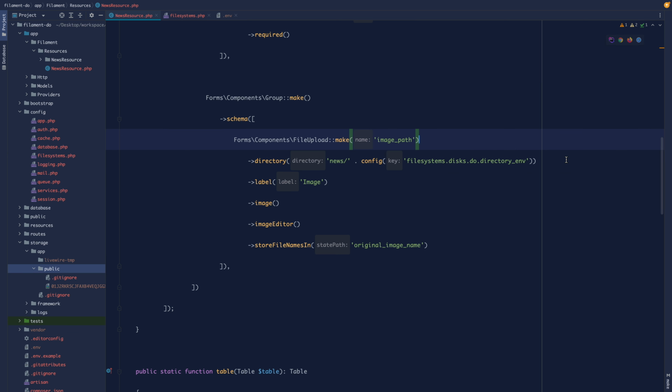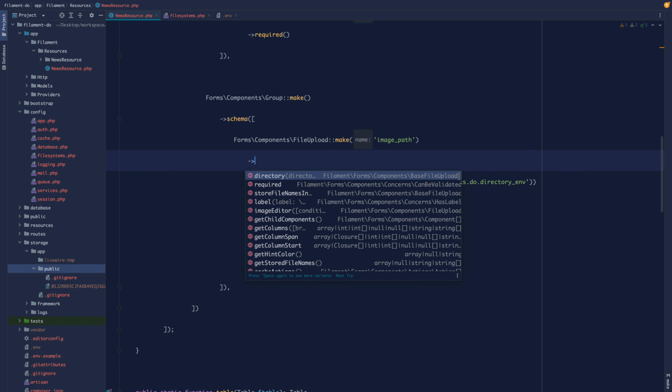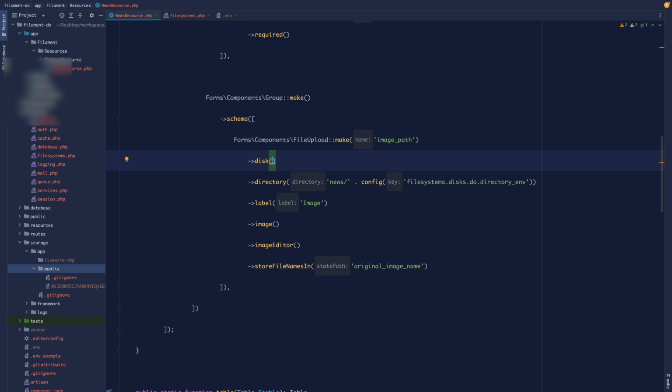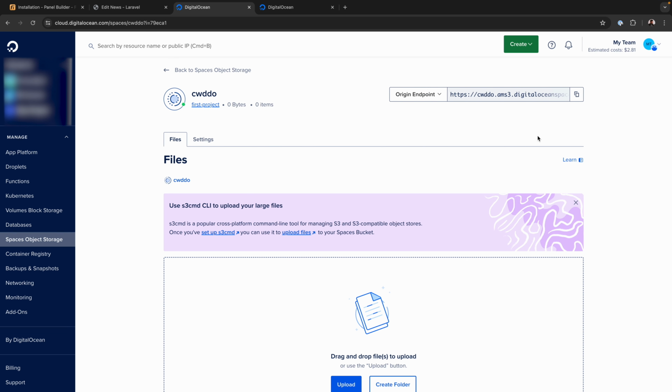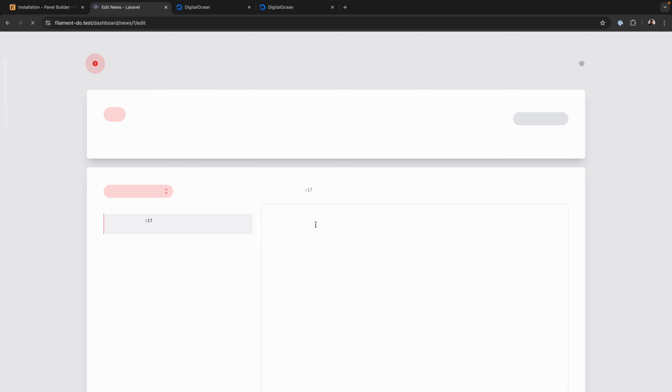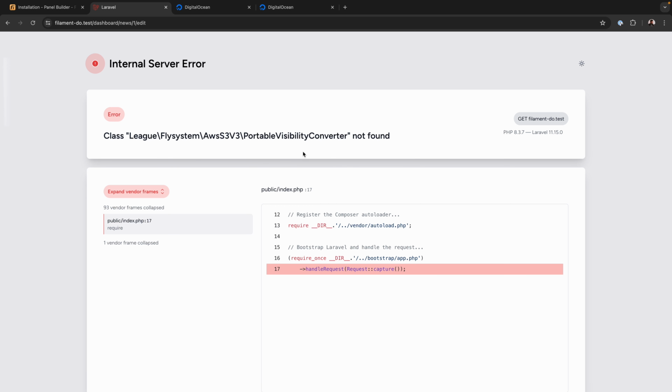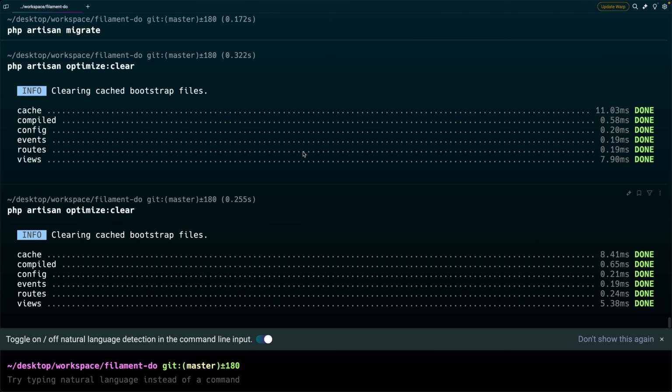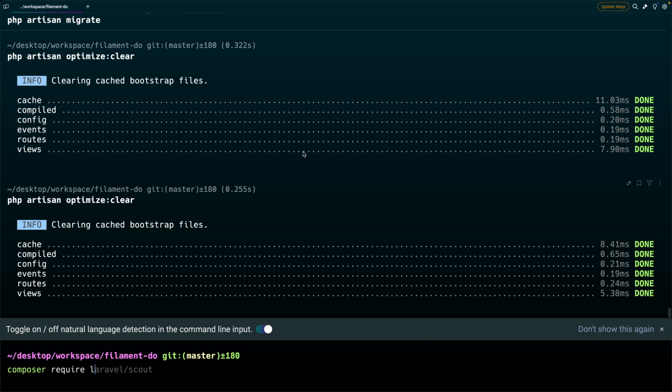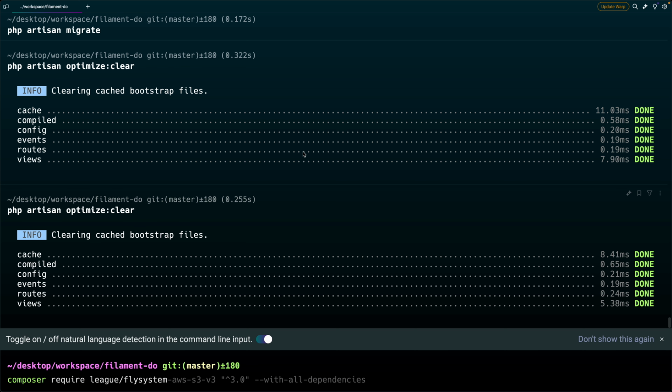All right, one more thing left. We need to chain the disk method, where we need to tell which disk to use, which is do. If we navigate back to Google Chrome right now, open our localhost, refresh it, there is an error I wanted to run into, because you will see that Laravel is unable to find the PortableVisibilityConverter class. And this is happening because the S3 Flysystem adapter, which provides the class, is not installed inside of our project. So let's navigate to the terminal for a moment, and let's run composer require league/flysystem-aws-s3-v3